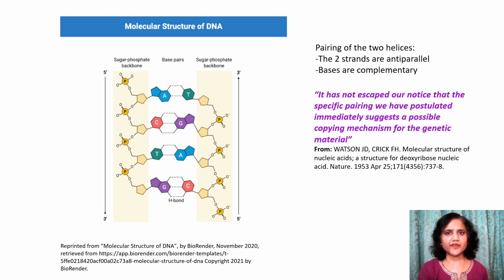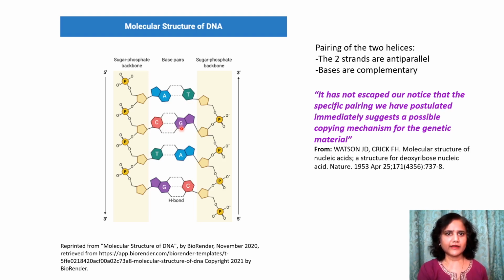This figure shows the specific base pairing scheme in the double helix as was described by Watson and Crick. Note that the two strands are running anti-parallel, that is 5' to 3' on the left strand and 5' to 3' this way on the right side. So they are running in opposite directions. The bases in the two anti-parallel strands are complementary to each other following the model of specific base pairing suggested by Watson and Crick, that is A only pairs with T and G only pairs with C.